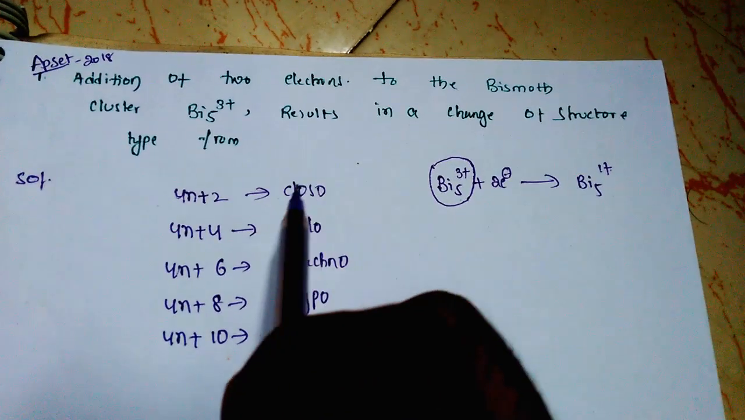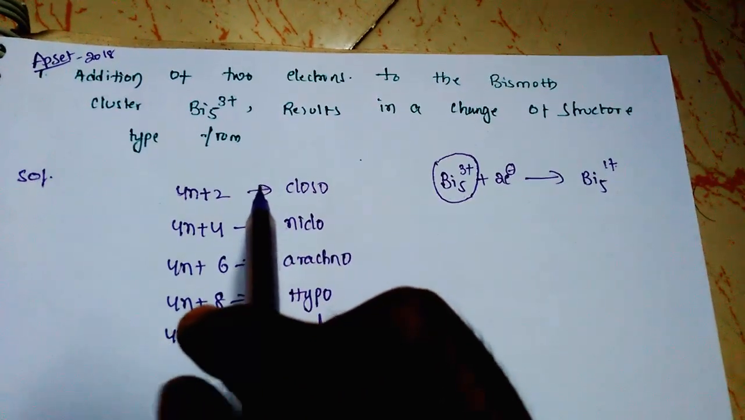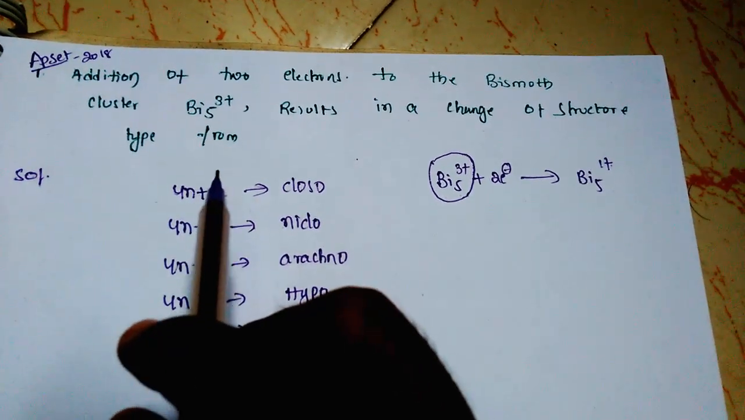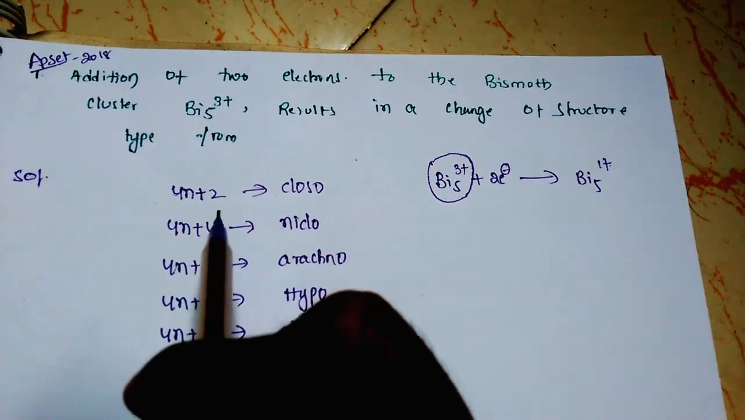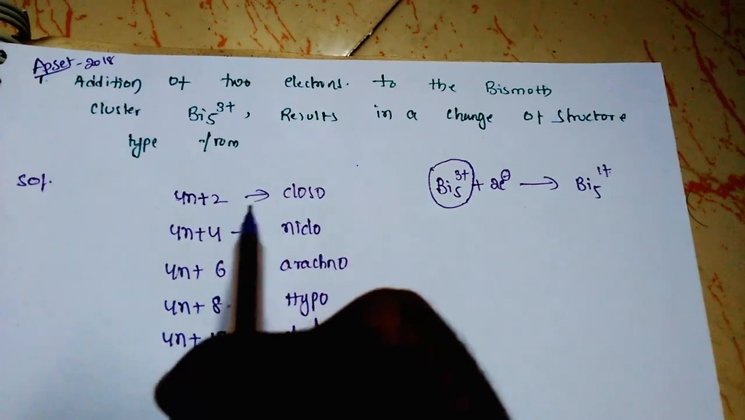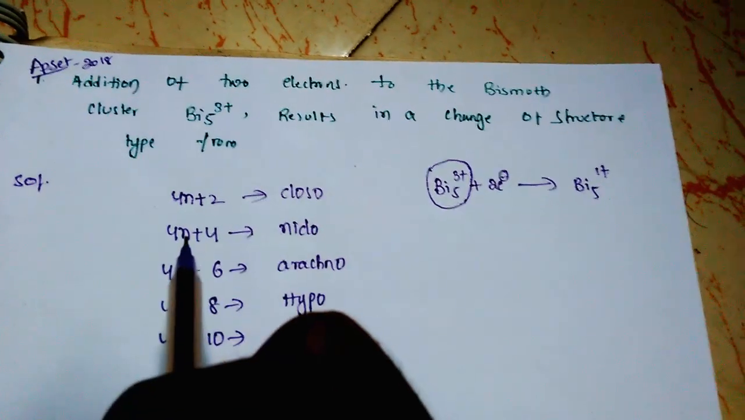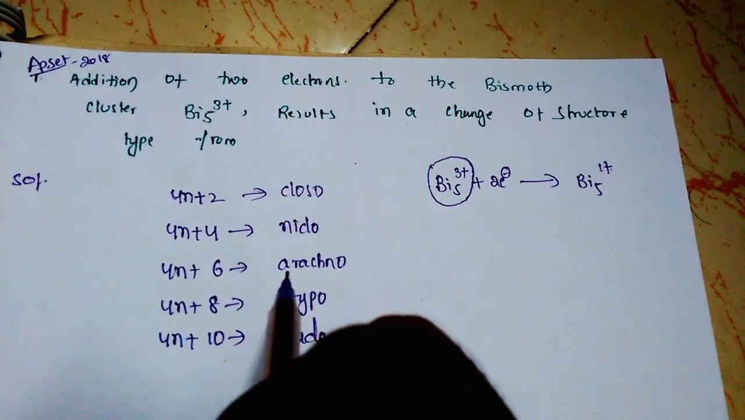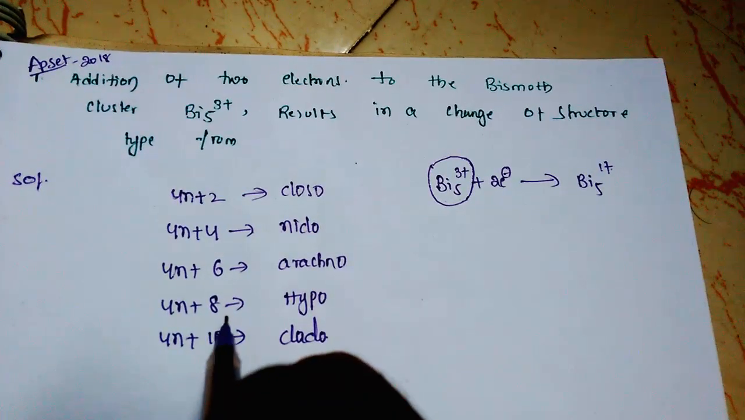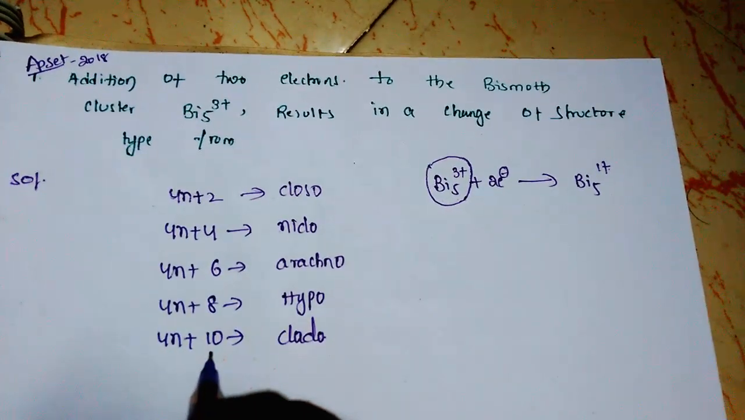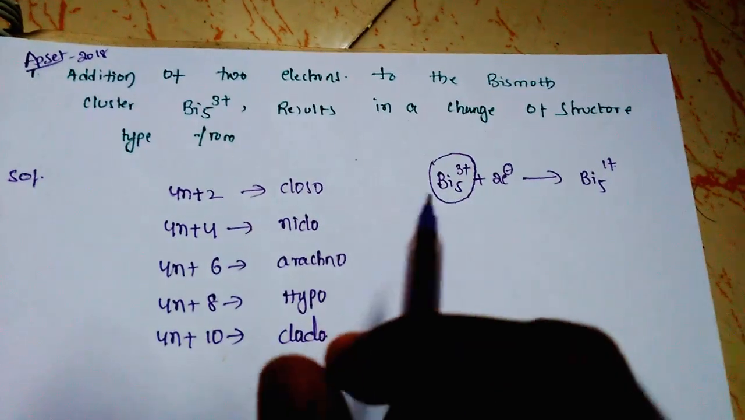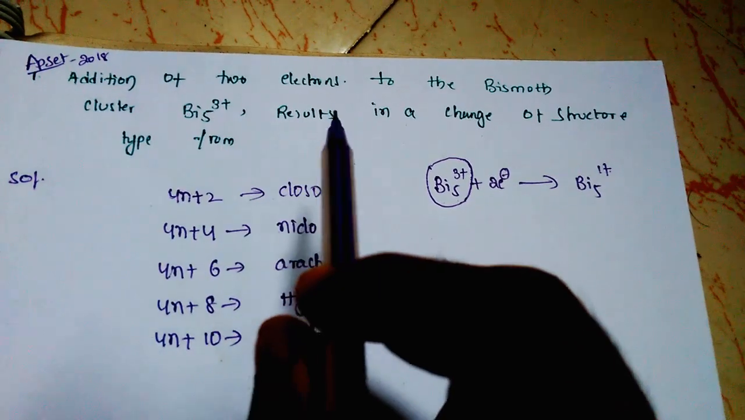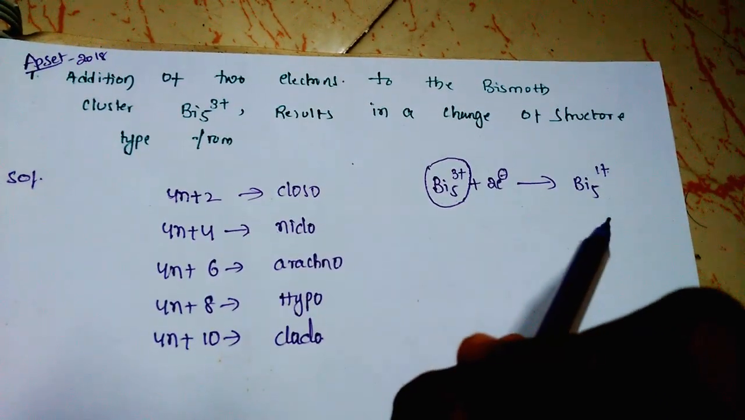Before we start this problem, you have to know a few small points. In inorganic clusters, if the structure is 4n plus 2, then it is closo type of structure. If it is 4n plus 4, then it is nido. If it is 4n plus 6, then it is arachno. If it is 4n plus 8, it is hypho. If it is 4n plus 10, it is klado. In this question he asked about this bismuth cluster, by the addition of 2 electrons,